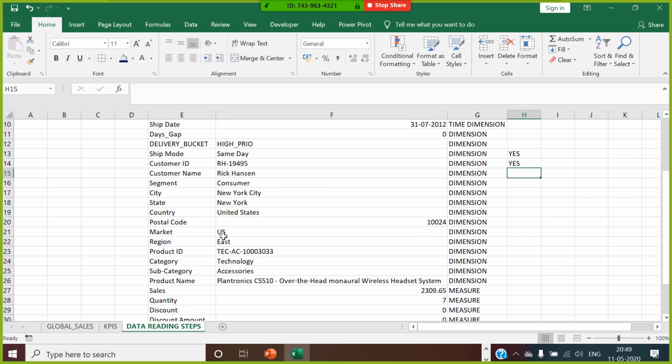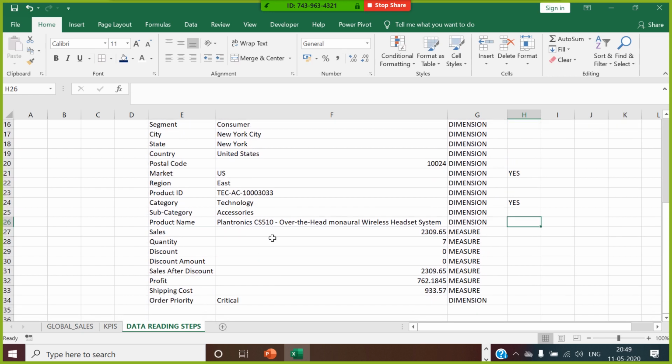Then my market is required. I just keep this field. Then I go for product category, which is also equally important. I will keep that. Now subcategory, product name, I'm not putting it now. Sales is really required. Quantity is really required. The region we are not taking. Not required now. So discounted amount, I say yes, is required.